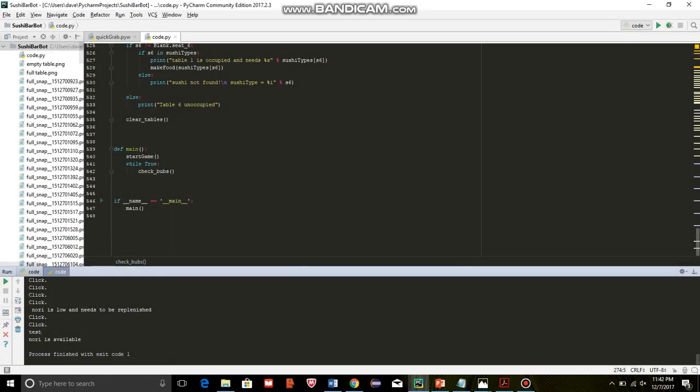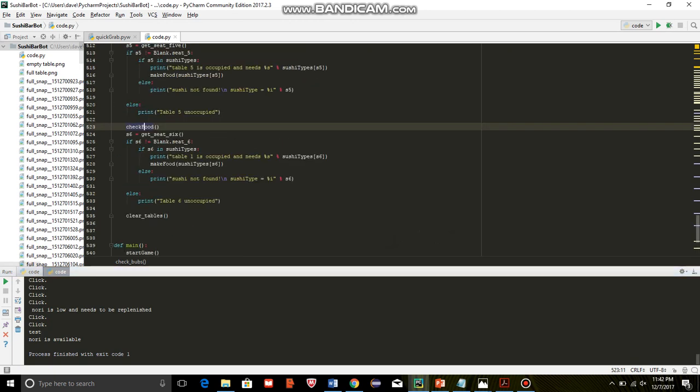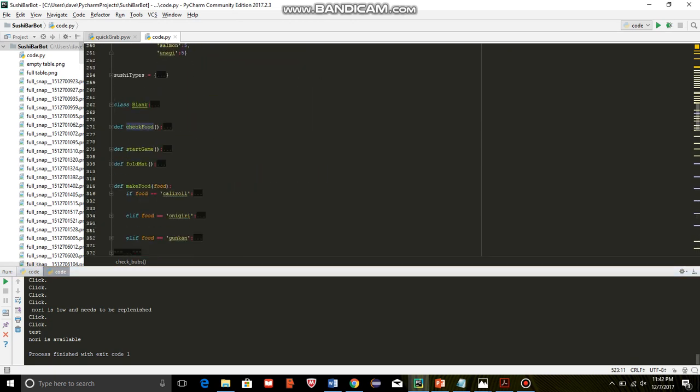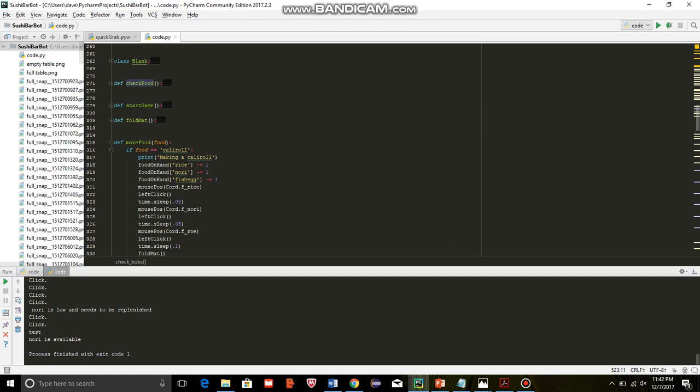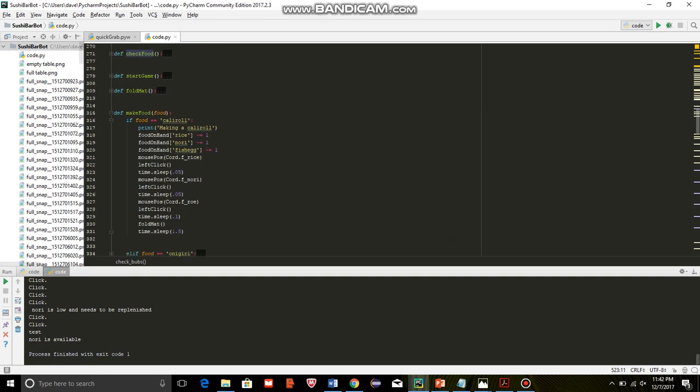Like I mentioned, sometimes it'll go to buy toppings without having enough money to buy the toppings. So one way to fix that would be to put something into the code that keeps track of the money. So, for example, if we go into make food, so if food is a calorie roll, for example, I believe it's $100 or $80 when you make a calorie roll. So we could add something into the code here that